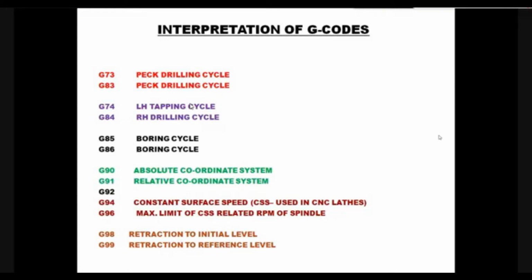If you want to drill a hole of around 80 mm, you cannot drill the hole for its entire depth at once. You have to go up to some depth and get back into the air gap. Again, you go in rapid motion up to the depth completed, and from there continue for some more depth. Again, it will come back. Like that, the process is repeated until the full depth of the hole has been reached. The same process is followed in G73 and G83.